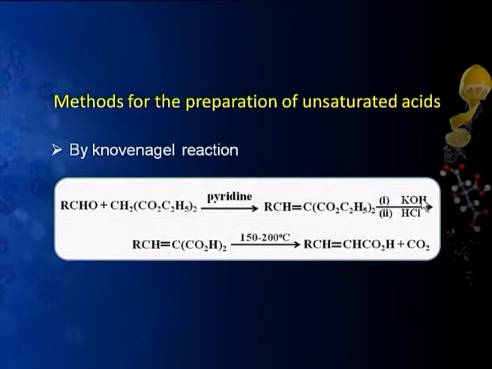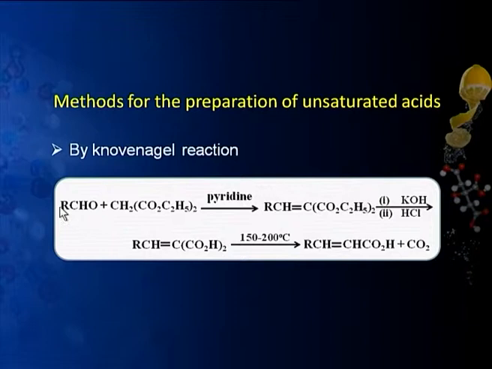Then it is hydrolyzed first with alkali and then it is acidified. So, this ester group is converted into the corresponding carboxylic acid part. It becomes COOH. But now these two carboxylic acid groups are attached to one carbon and they undergo easy decarboxylation on heating. So, a molecule of carbon dioxide is lost and we get an unsaturated carboxylic acid. Again here we will get alpha beta unsaturated carboxylic acids, and this is a very versatile method which is generally used for synthesizing such unsaturated acids.